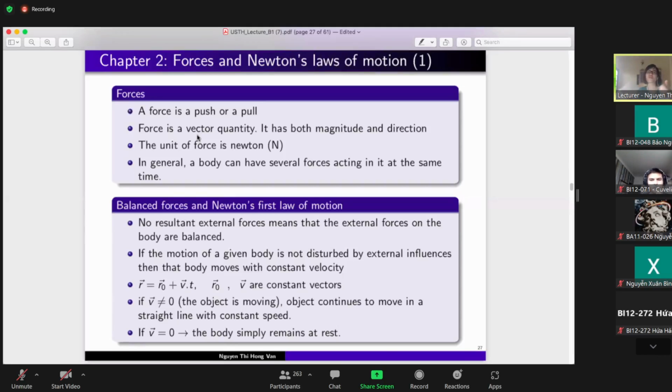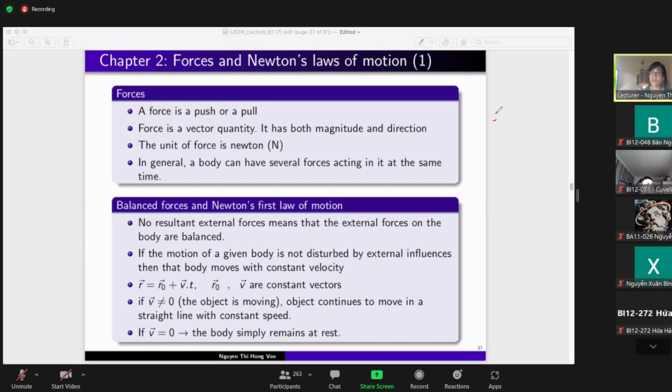So when you act on a door, for example, you can push it or you can pull it. So you have to apply a force. So you can imagine the action of a force. Okay. So the force is a vector quantity because it has direction, not only the magnitude, but also the